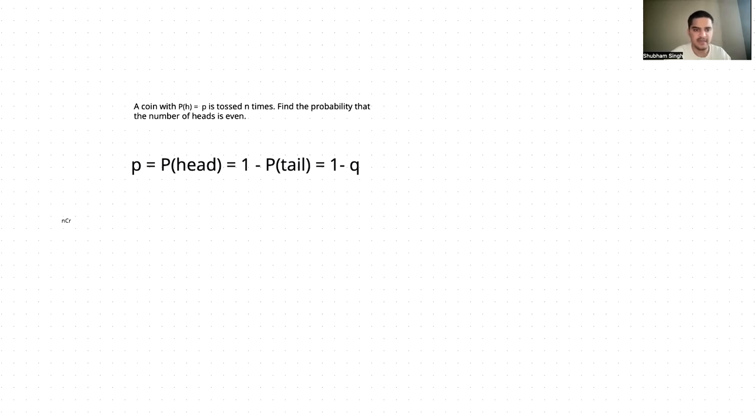Firstly, we have that the probability of heads is equal to p, which is 1 minus the probability of tails. If we take the probability of tails as q, then the value p is equal to 1 minus q. Since we have this information,